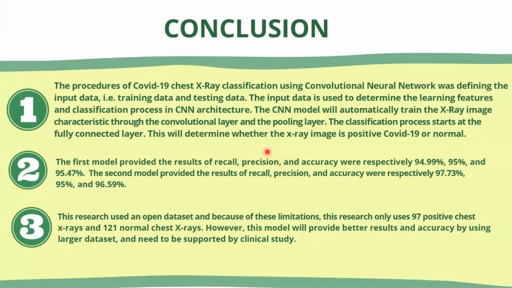The conclusions of our research are, first, the procedure of COVID-19 chest X-ray classification using convolutional neural network was defining the input data, that is training data and testing data. The input data is used to determine the learning features and classification process in CNN architectures. The CNN model will automatically train the X-ray image characteristics through the convolutional layer and the pooling layer. The classification process starts at the fully connected layer,